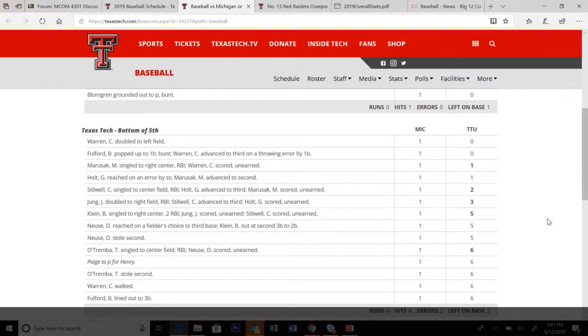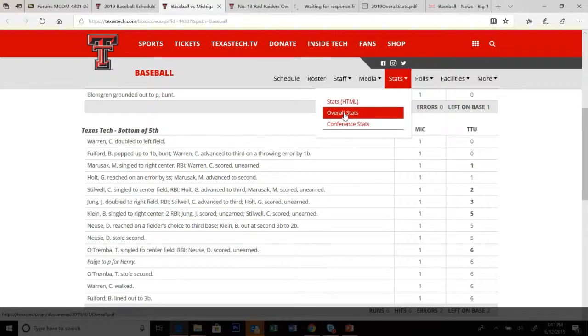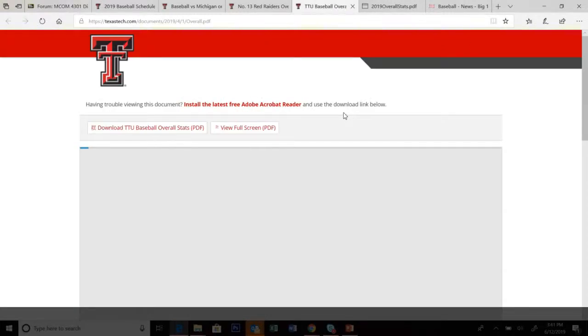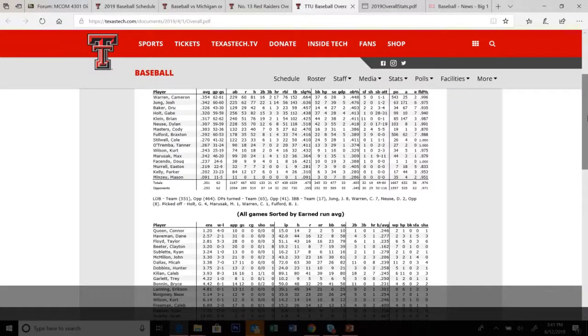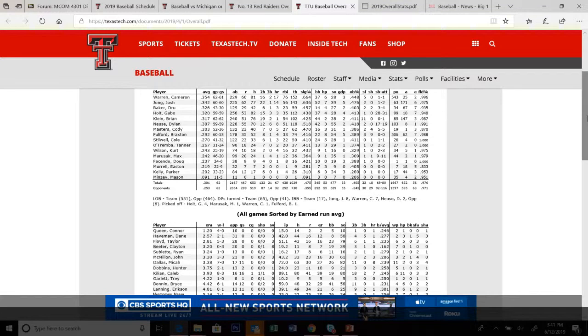The other thing I would look at, so you've already got a lot of storylines. If you look at the overall stats for Texas Tech, you want to talk about three of the key guys, and you're going to talk to the coach beforehand. The coach will point out some guys to you. But if you just want to look at stats, there you go. Cam Warren, Josh Young here at the top. I might also talk about a guy like Kurt Wilson who hit the home run for Tech to win the super regional against Oklahoma State.